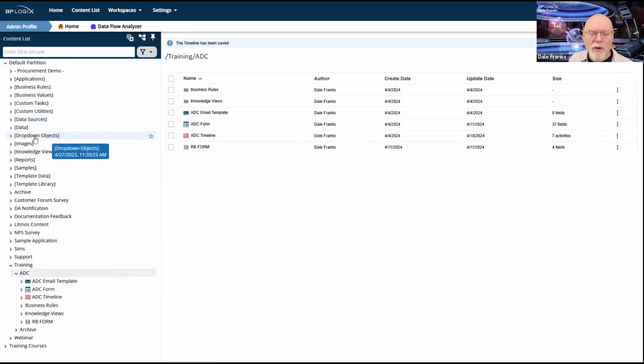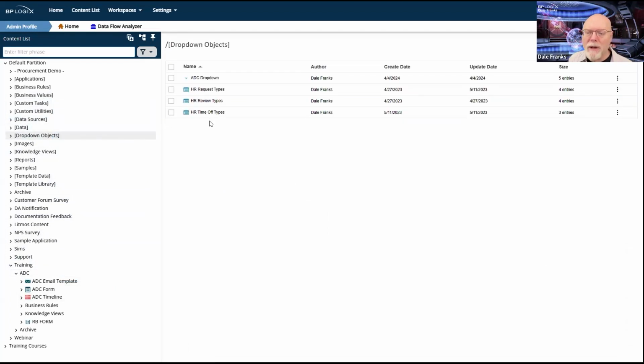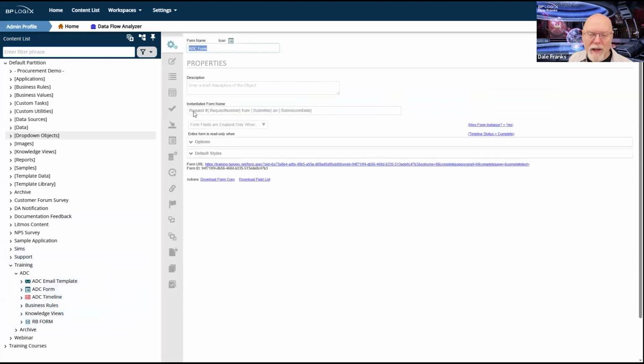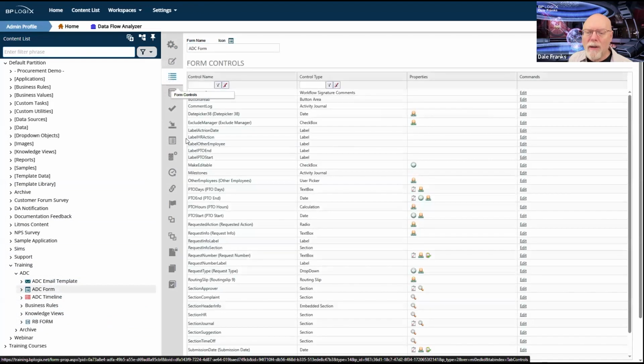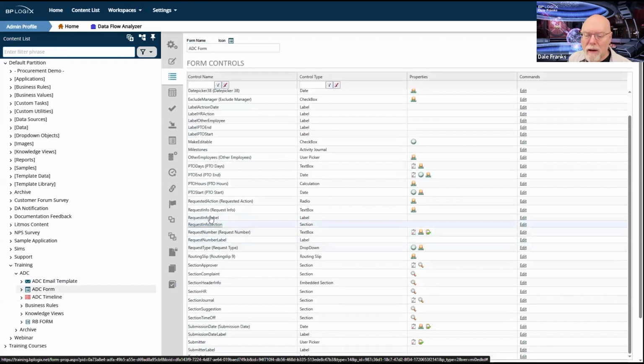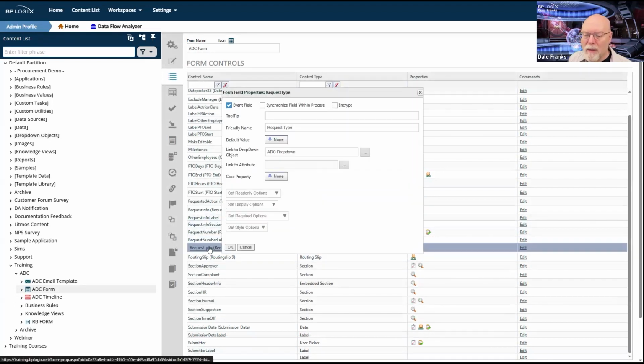Now, I was sure that I had a drop-down object that had request types, and now I'm not seeing it here. So I'm pretty sure that I had done that. I just don't remember where I stuck that dropdown. It is called ADC dropdown. Okay, that is great.